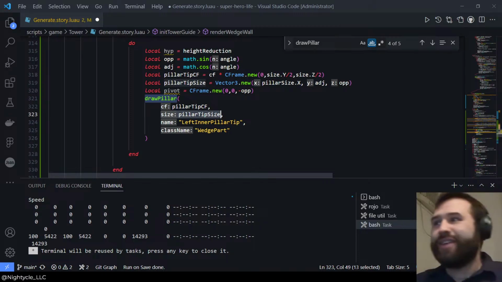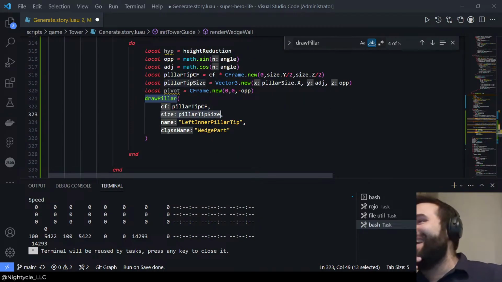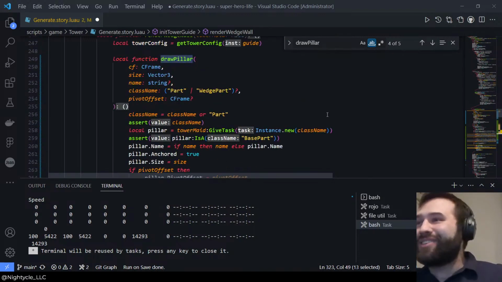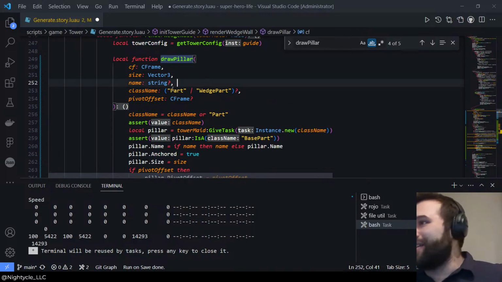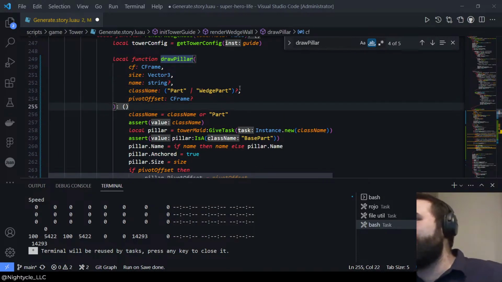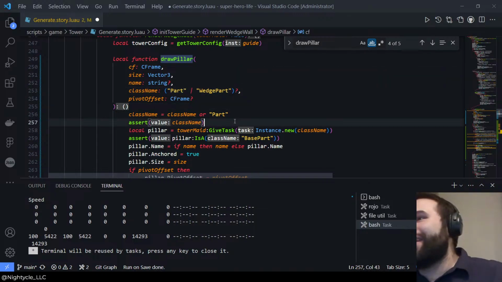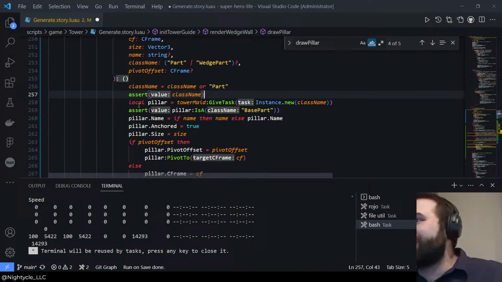And here you can hear the type safeness. Yeah, no, check this out. I'm surprised this worked, to be honest. I have the class name set to a literal of either part or wedge part, and it can be nil. And it actually works. And I can even tell it, it just returns an instance because it accepts that,